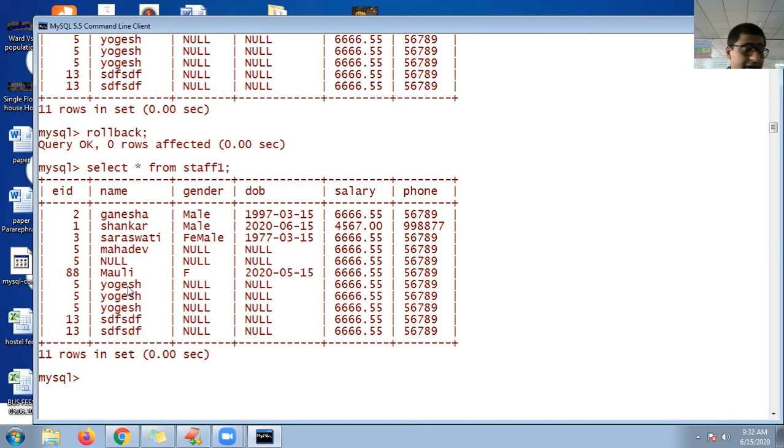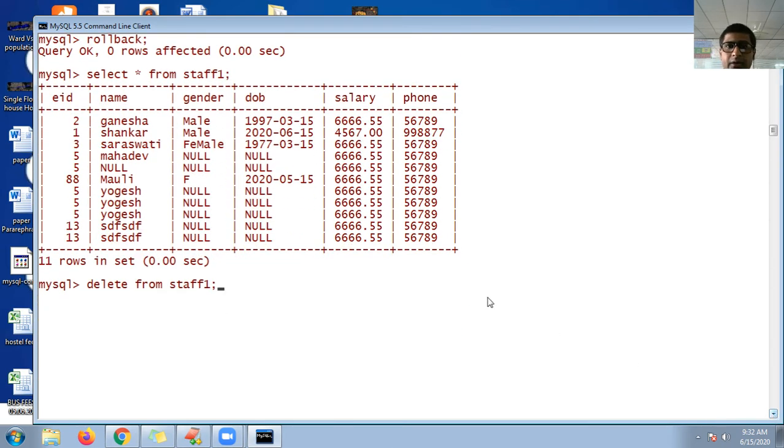It will delete permanently. Guys, select star from staff 1. When I select, it is showing only 11 records. I want to delete all the records, so delete from staff 1. What will happen if I apply delete? Yes, the entire data will be deleted.